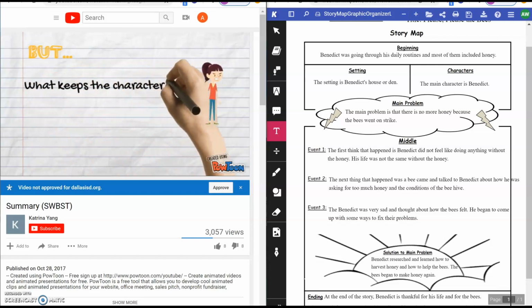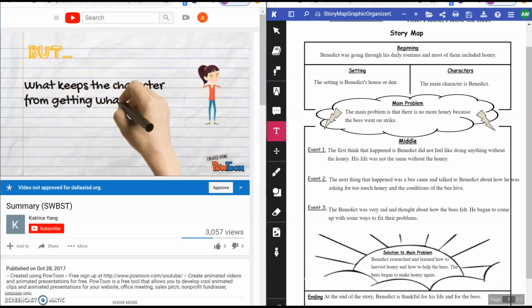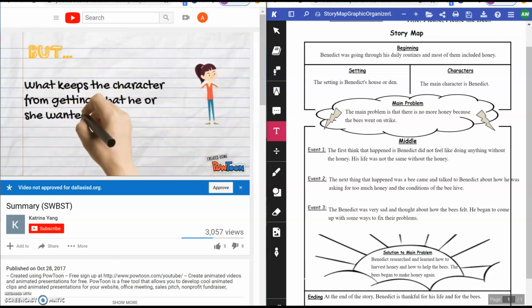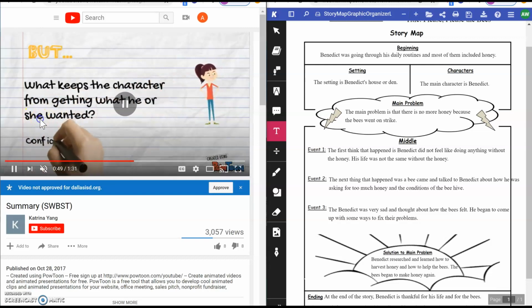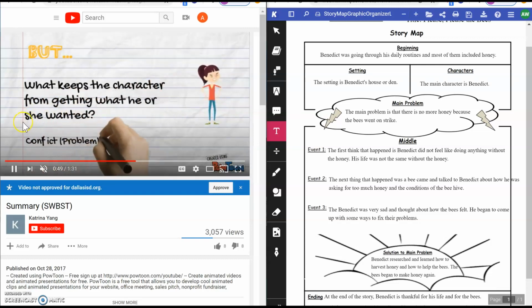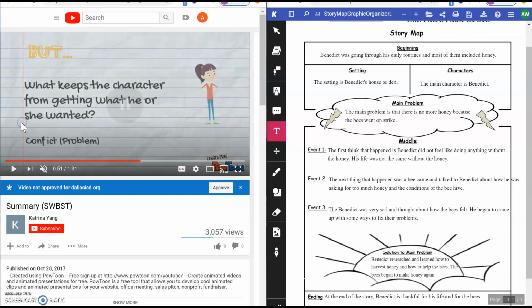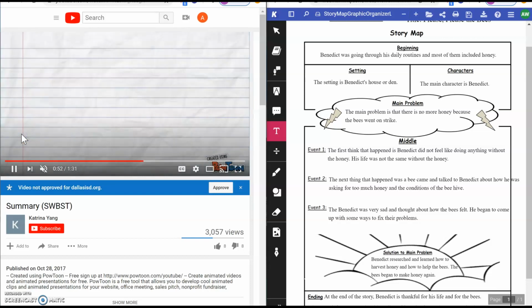but what keeps the character from getting what he or she wanted? So this is the problem. Another word for problem is conflict. Okay, so when you get up into 3rd through 5th grade, you're going to hear conflict. They might not say problem too much anymore. So what is the conflict? Somebody wanted, but so,